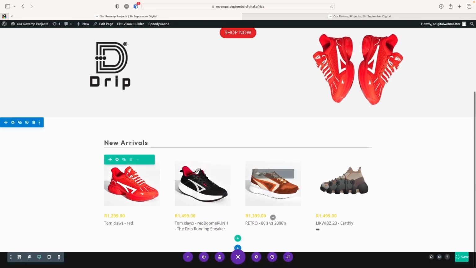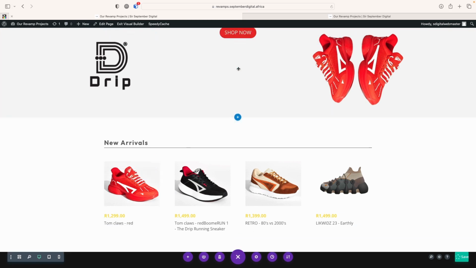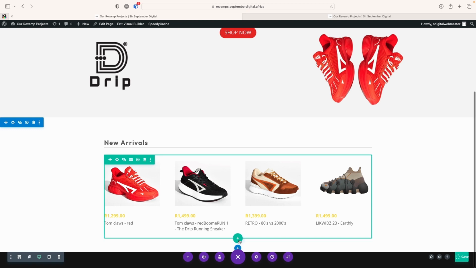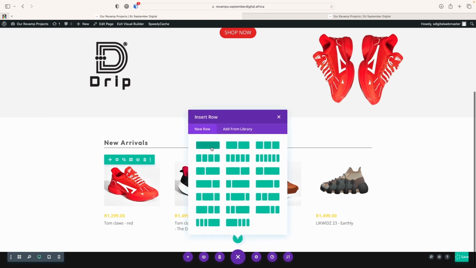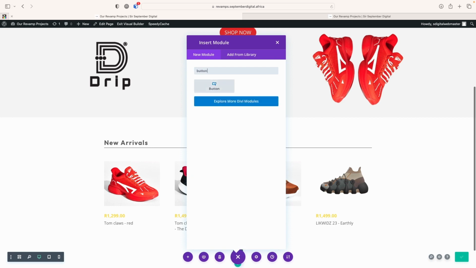So good. So what I want to do now, after seeing these new arrival features, I want to have another call to action. First it was shop now. Now it's view more. Okay, we want them to view more new arrivals. So we're gonna add a button right underneath using a new section. Add new section. Select button,